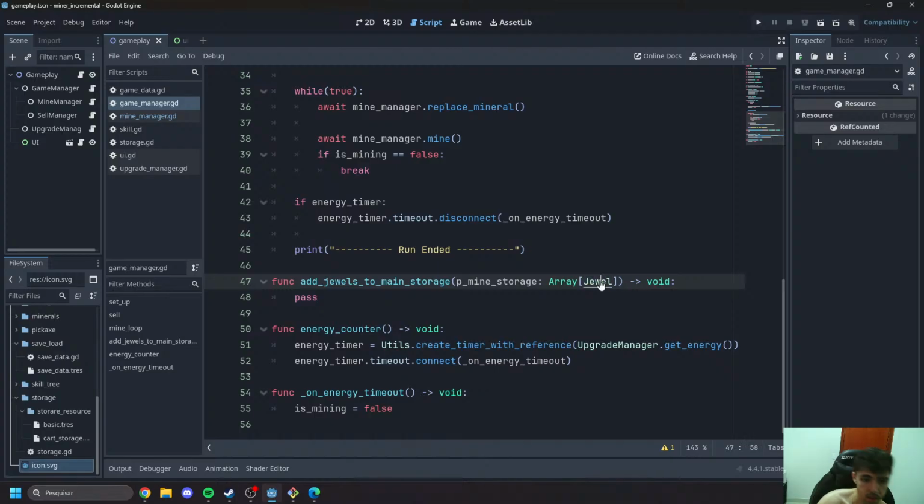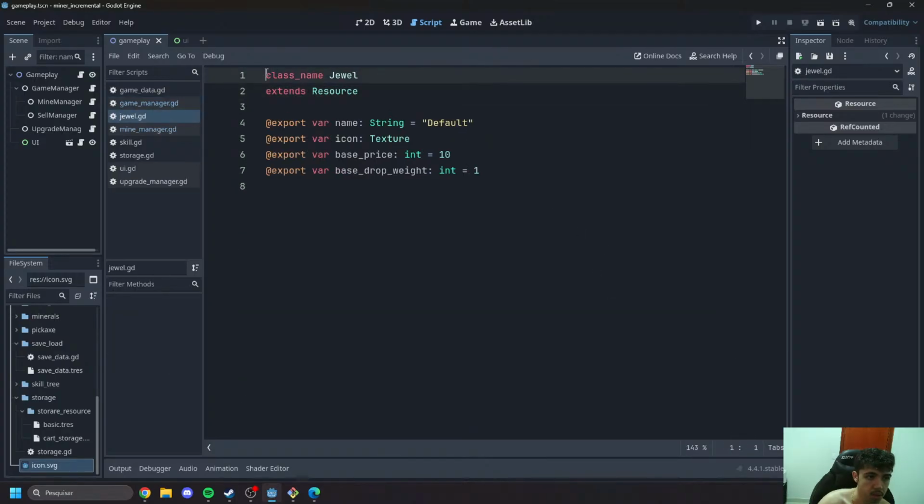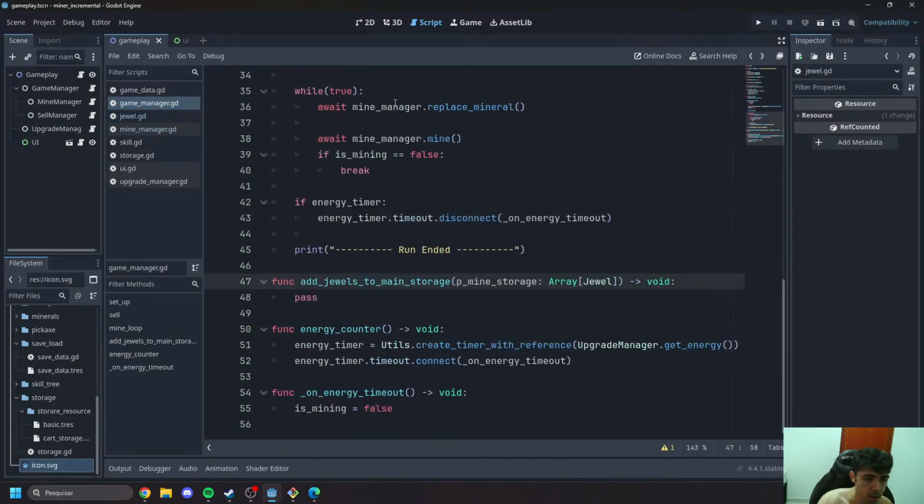You can create those extending resource here because we are just using data, not logic, and we give it a name. Here the shortcut is Alt and left arrow. Okay, so we're going to have, and for geo